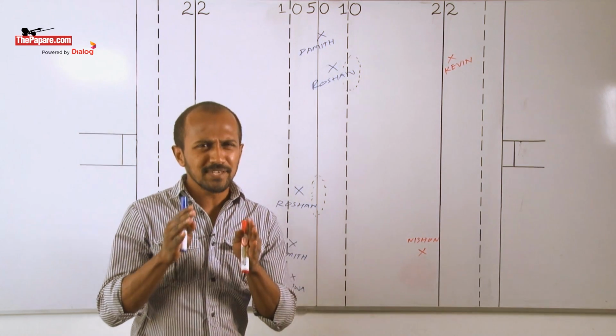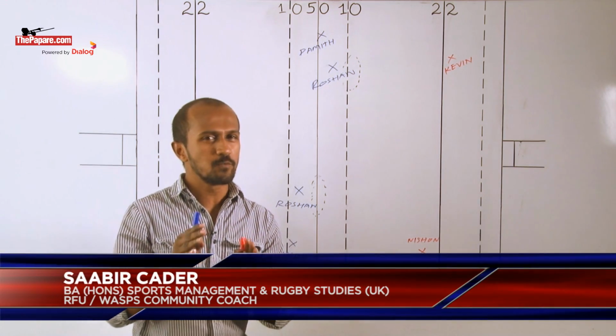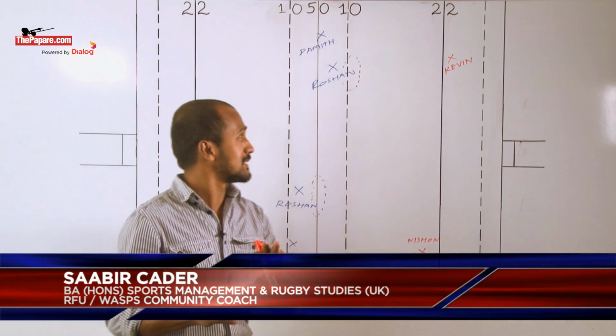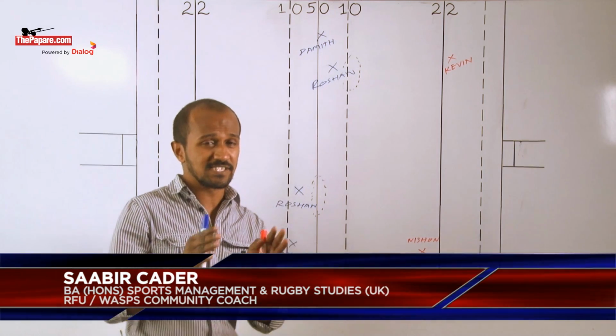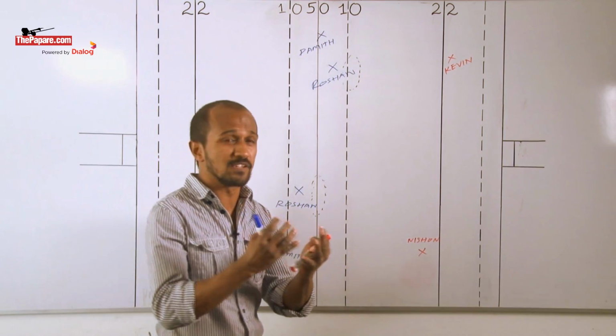Once again, we'll be looking at some key analysis in the Dialog Rugby League Week 6. Let's have a look at the Kandy versus Havelocks game. Firstly, it was under lights and it was difficult conditions, especially to get some high balls, especially also the wind